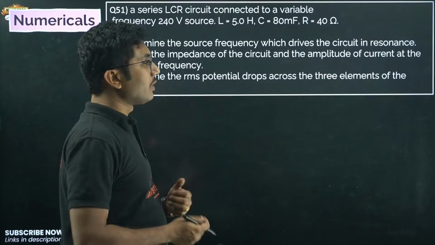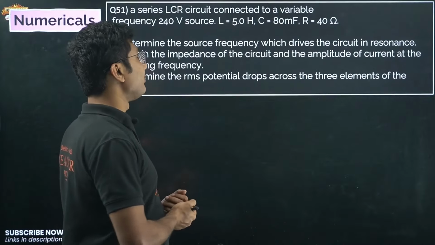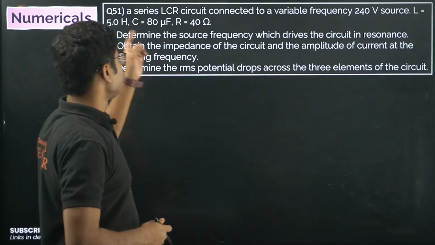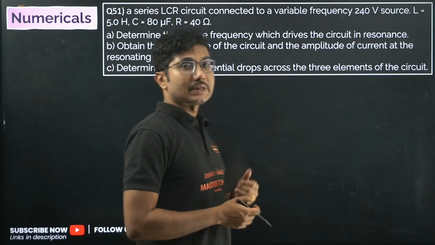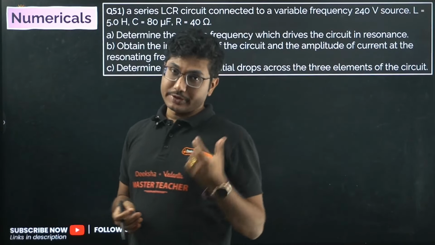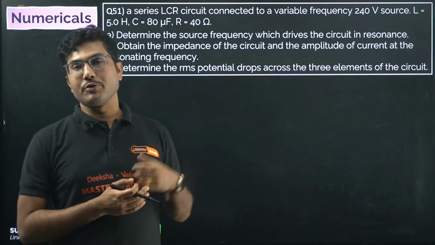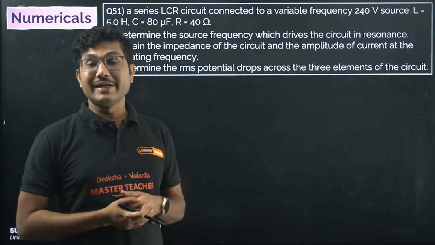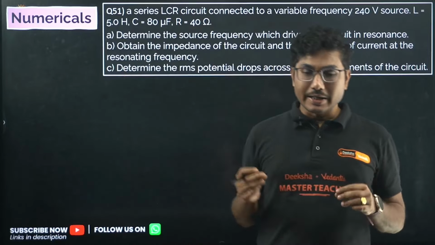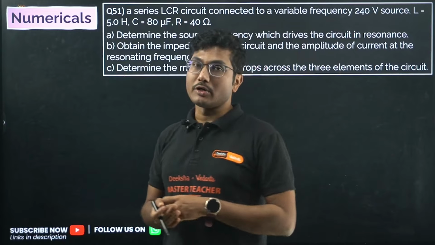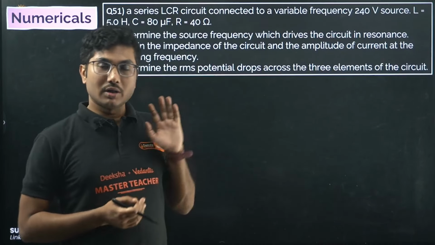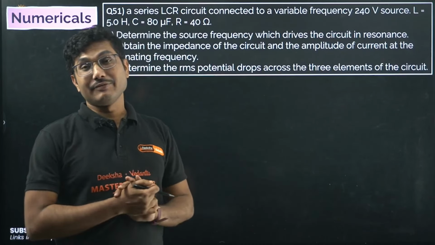Now we are going into the numerical section. We will start solving numericals one by one. Now let us continue with the numericals. First, we will be discussing the numericals from alternating current and ray optics. Then we will be solving some numericals from your electric charges and field and electrostatic potential chapters. We are not solving any current electricity numericals right now because obviously time is short, but definitely we will be covering all the numericals including current electricity for your board exam.